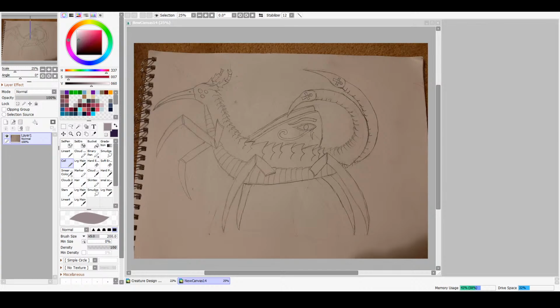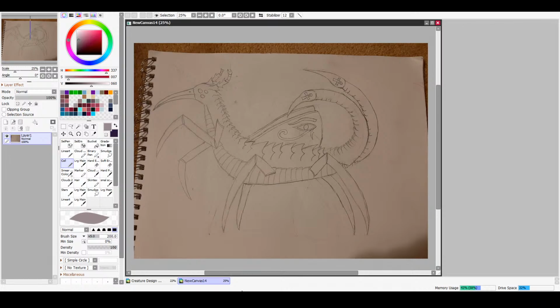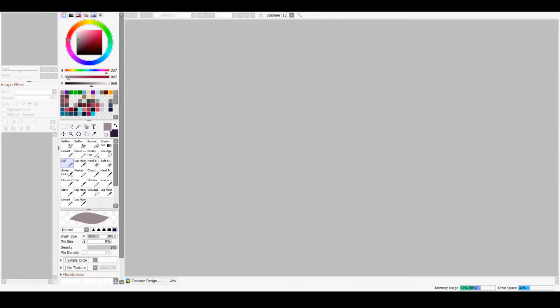Two trucks. Don't mind the two trucks in the background. Okay. Next one